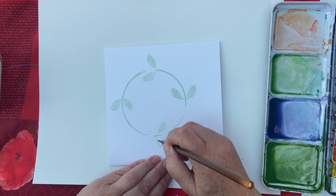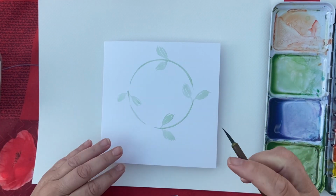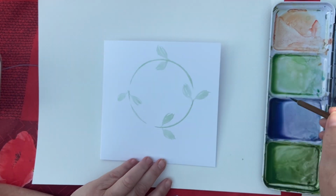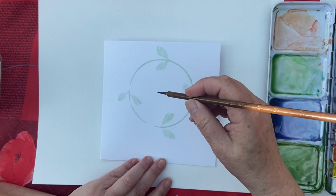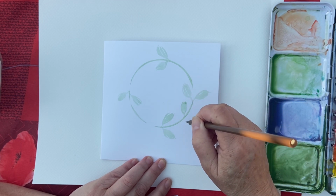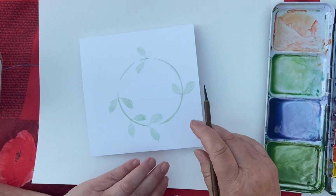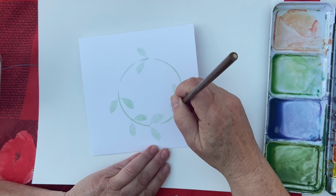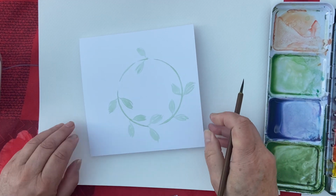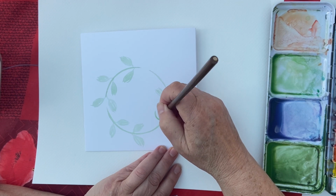Now, as you can see, I've made my circle. I've made it into quarters, so it's easier for me. Well, quarter-ish. So it's easy for me to fill in each segment. So what I'm going to do is carry on and go around and just drop these lovely free leaves. I'm not filling them in completely. I'm leaving some white space and just going in between the two